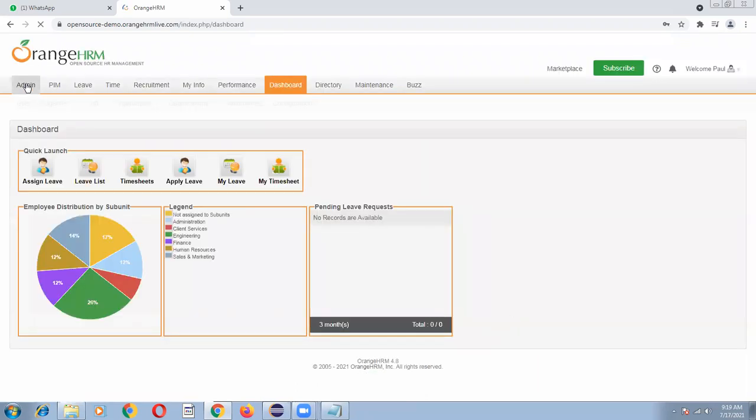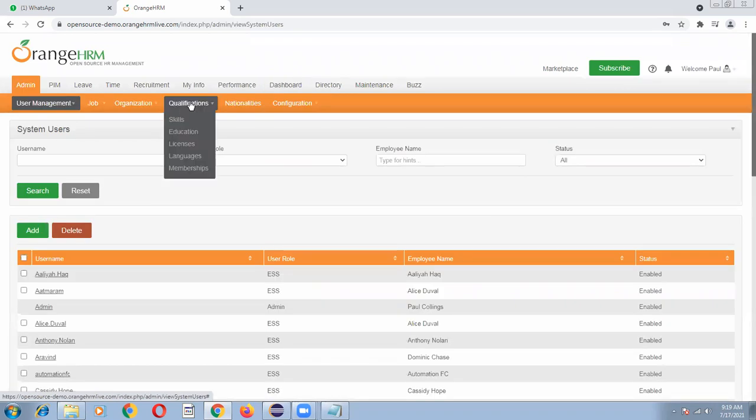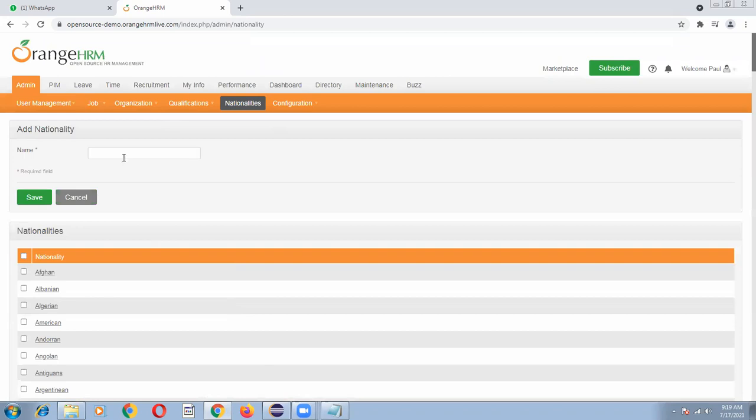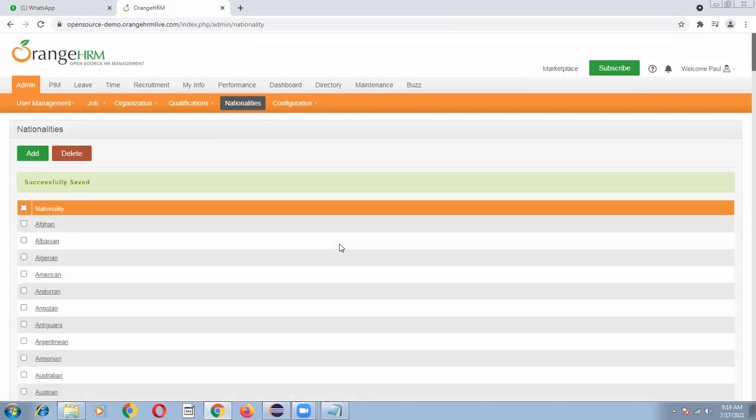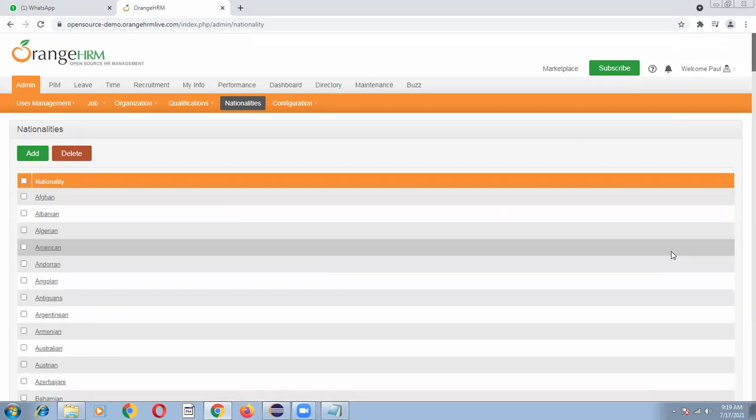You click on Admin, click on Nationalities, click on the Add button, enter Indian 756 and click on Save. After that you do Welcome, Logout, and driver.quit, the browser is closed.